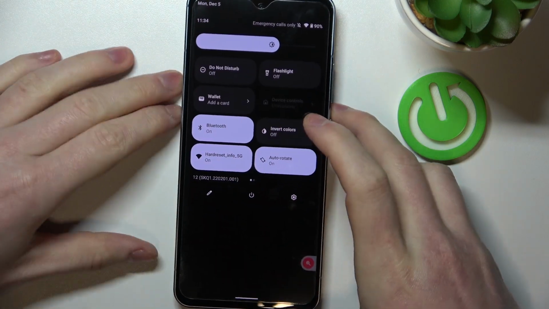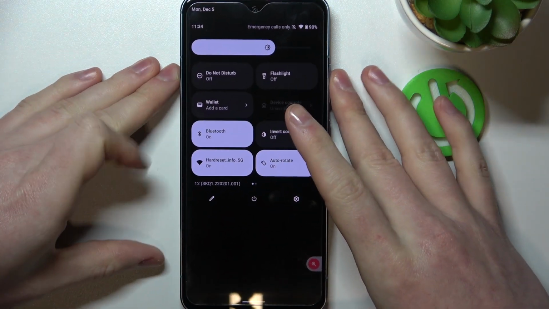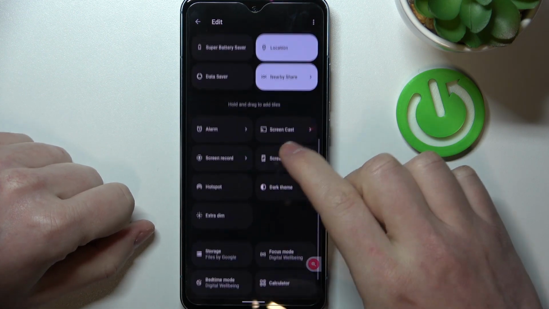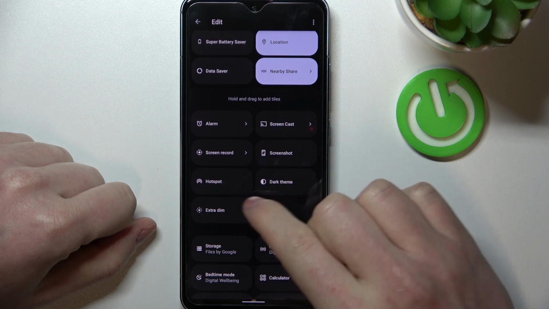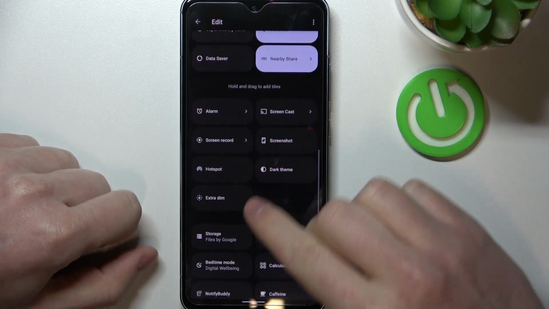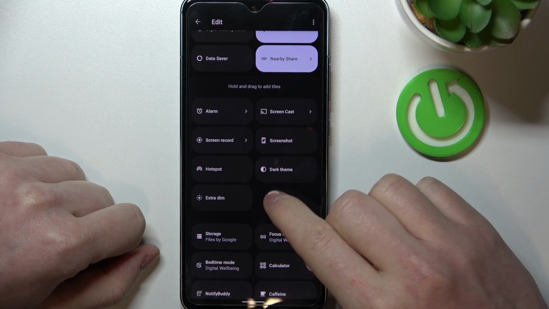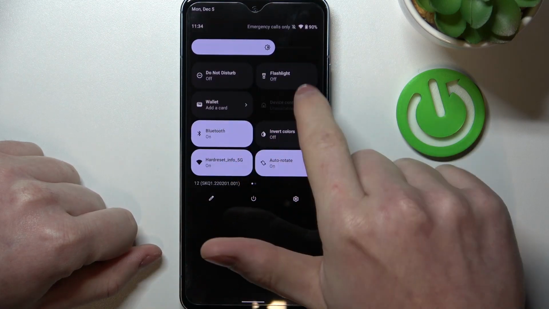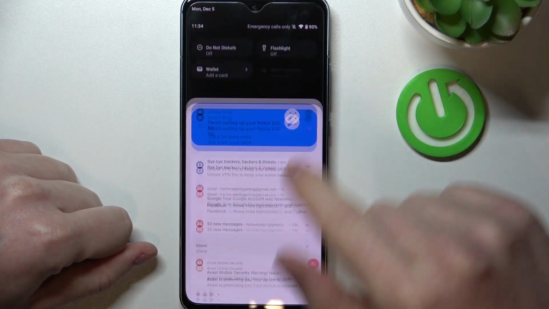And in case you don't have this icon right here, you can go and click the pen button, then scroll down and hold and drag to add tiles. Tap right here, you should be able to see the torch or flashlight, so click, hold it and drag it up somewhere, and then it should show on this list. And that's it for this